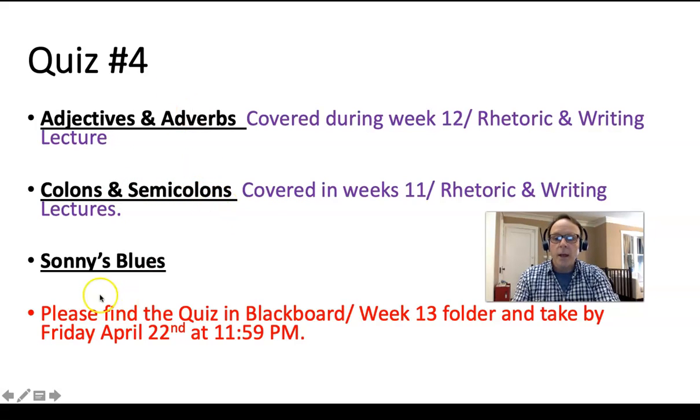So these 2 things. And then there's one question about Sonny's Blues. If you've read the beginning of Sonny's Blues or listened to me talk about Sonny's Blues, you could go back and look at any of the reading lectures for weeks 10, 11, and 12. I think I talked quite a bit about Sonny's Blues, and if you've read the story, this question shouldn't be hard because it's a very basic element of the story. So that's really all that's on the quiz. We've got a couple of grammar things here and 1 question on our reading. And as usual, it's a 5-question test.